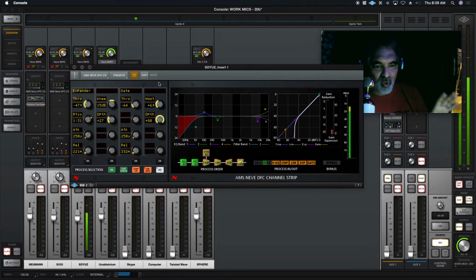Okay, so the big thing that I use the DFC for, the most important thing, the thing that really turned me on to it, is the expander gate. Now, that's a really important part of my chain, and I'll tell you why. A lot of people will tell you do not put a gate or an expander or anything on your VO. That's kind of old world thinking because these days,